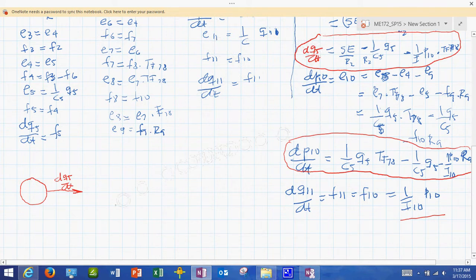And then I have SE over R sub 2, which is a term like this. SE over R sub 2. And then you have this minus C sub 5 Q sub 5